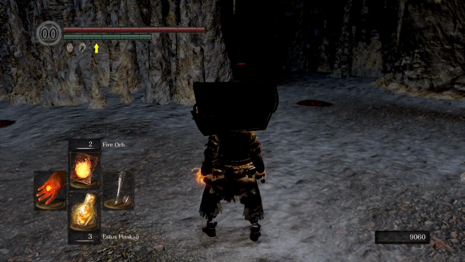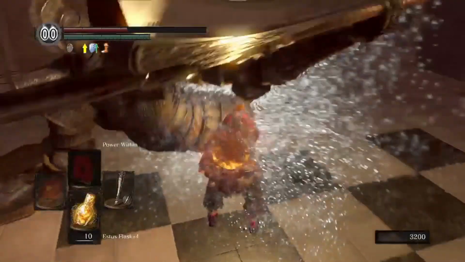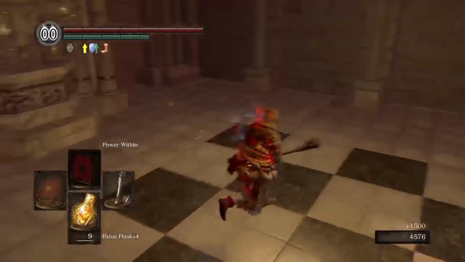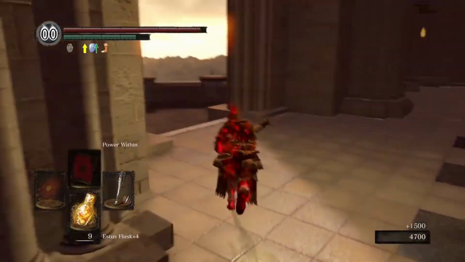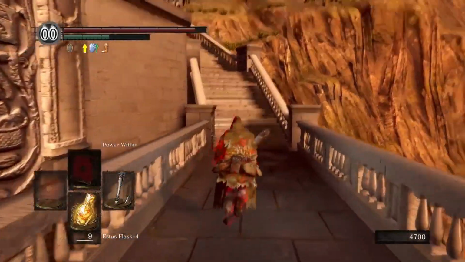Now for the next boss, we're going to be trying to make our way to Seath the Scaleless. In order to get over there, you're going to have to reach the Duke's Archives. First, go to the first Anor Londo bonfire you have. It should just say Anor Londo on it. Click that, and once you get there, go up the stairs and to the left,